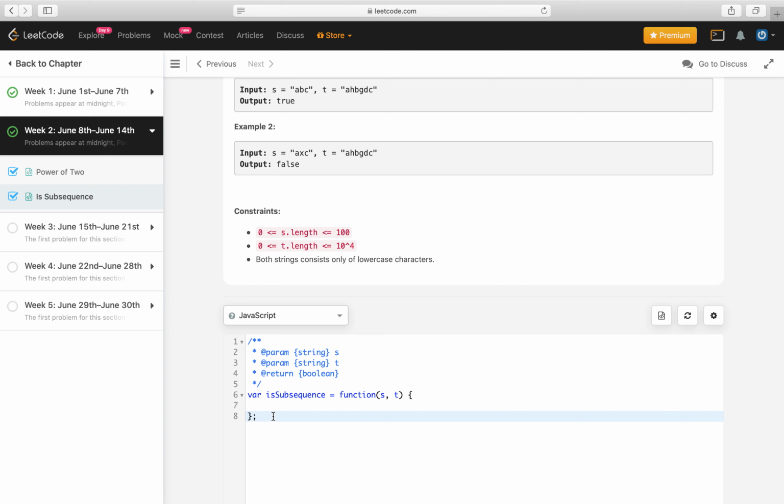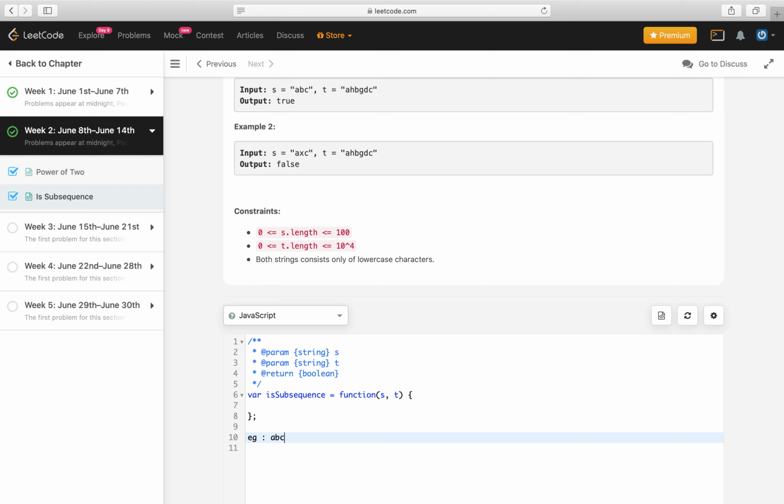When I see this problem first, the first thing which comes to my mind is to have a loop through the length of the string s, and an inner loop which moves through the length of the string t, and then we compare one by one. Let's see one example.